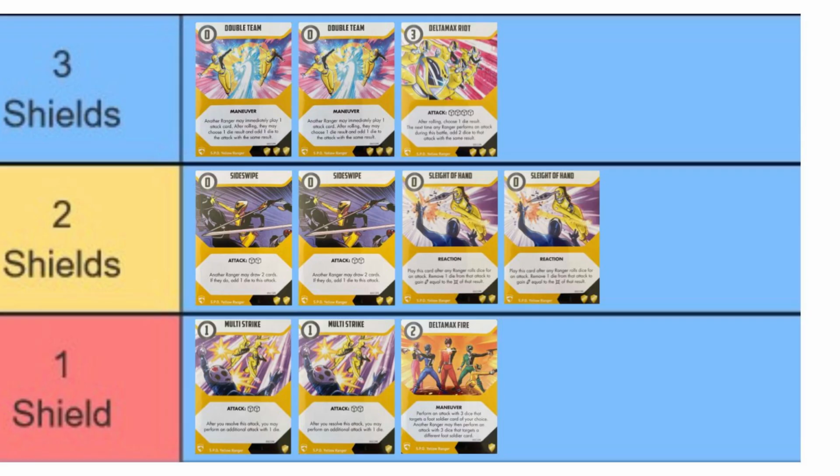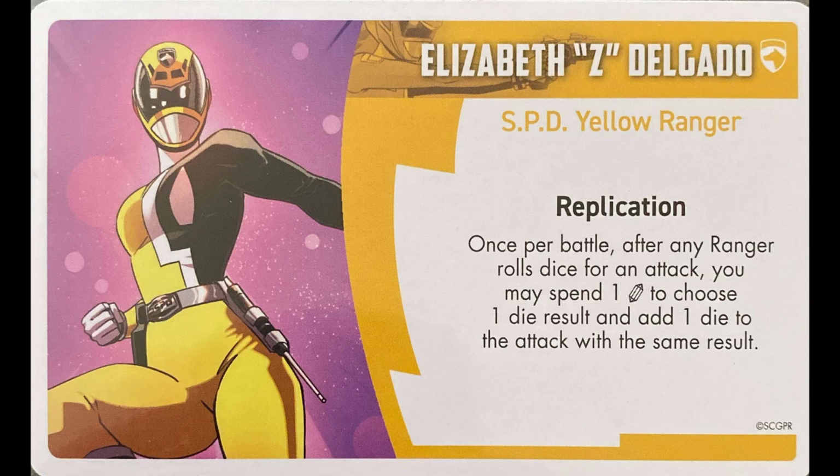Z's combat deck. She has 2 copies of Double Team, of course. 2 copies of Sideswipe, 2 copies of Sleight of Hand, 2 copies of Multi-Strike, 1 copy of Delta Max Fire, and 1 copy of Delta Max Riot. As I mentioned at the start of this video, Z is a ranger that adds dice to ranger results, but she doesn't add them in the traditional sense, and that she just adds additional dice that rangers can roll. She adds guaranteed results to rangers, which I think is actually a better play on the adding dice effect that